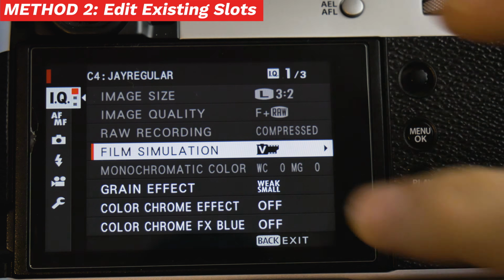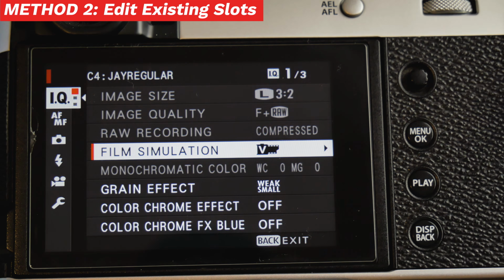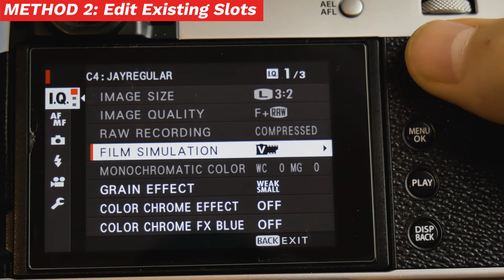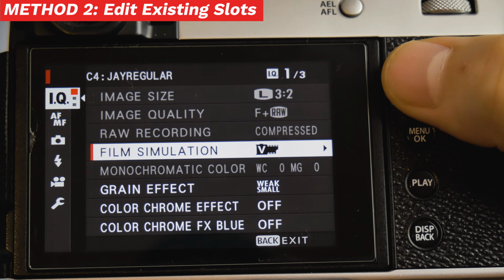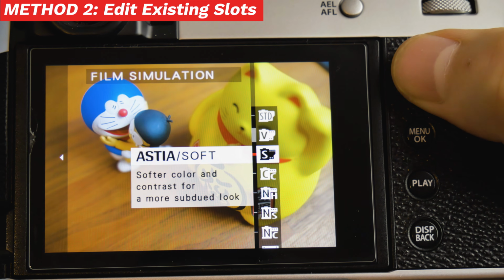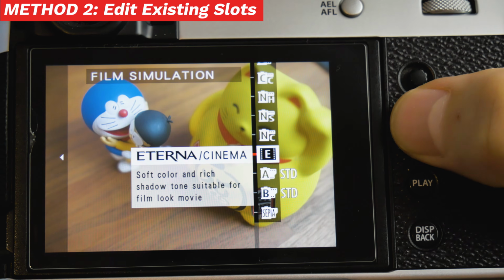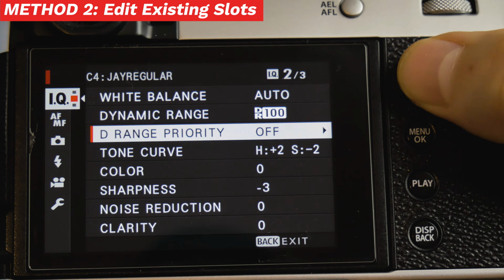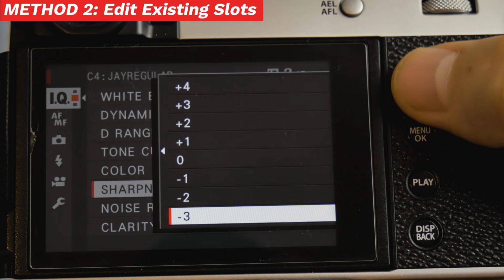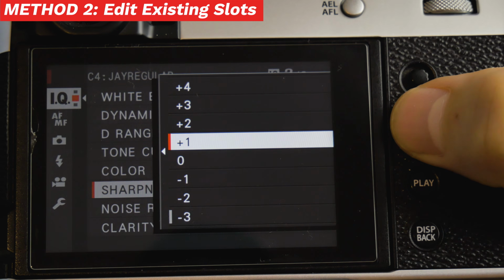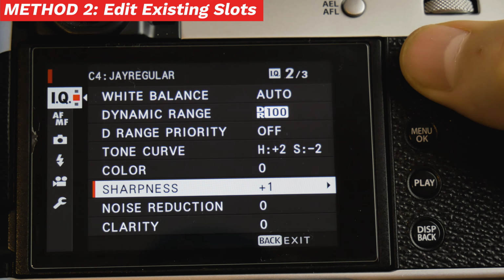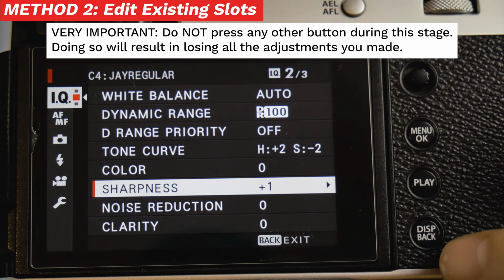Here, we can make changes to the film simulation or any of the extra settings. Let's say, for example, we want to change the film simulation to Eterna and we want the sharpness to be at +1. We will go ahead and make these changes. Once we are happy, in order to save these changes, press the Display Back button.